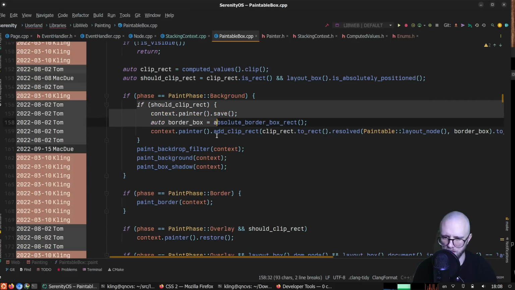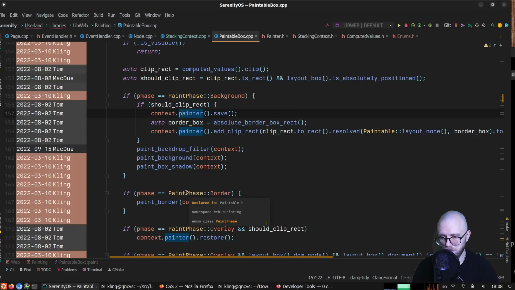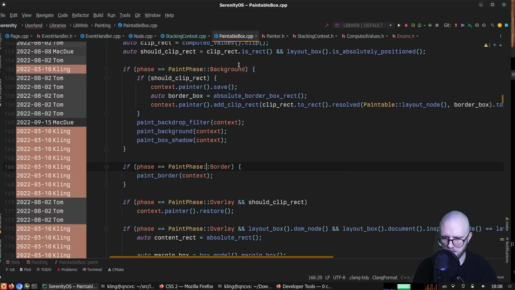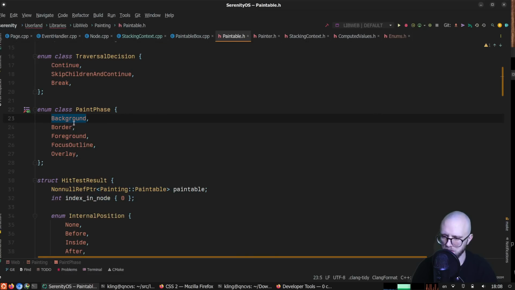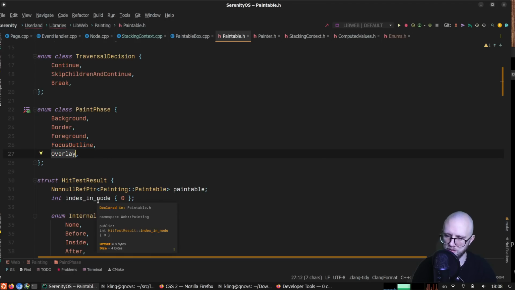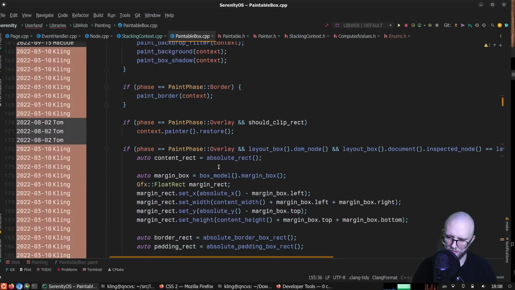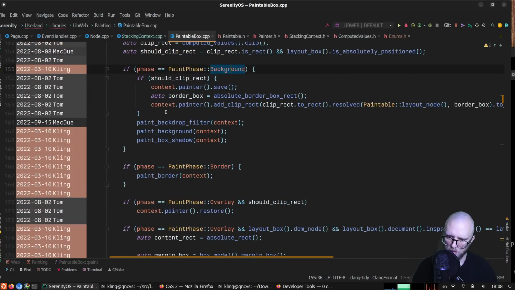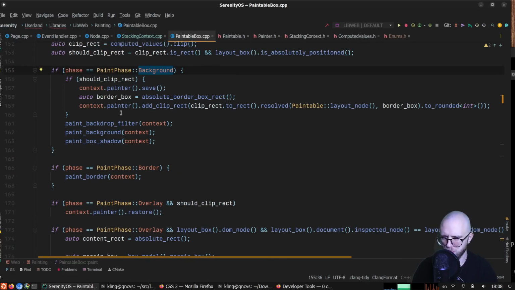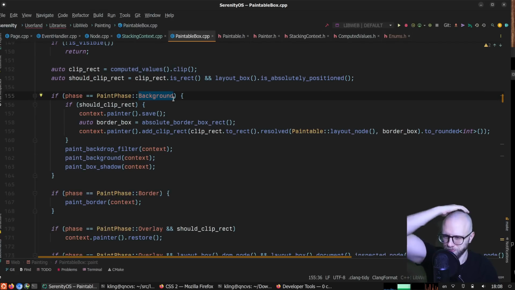So I guess we apply the clip, and we want the clip to apply in all the different phases between background and overlay. So we want the clip in background, border, foreground, and focus outline, but not in the overlay phase. It's a really weird way of doing that, but